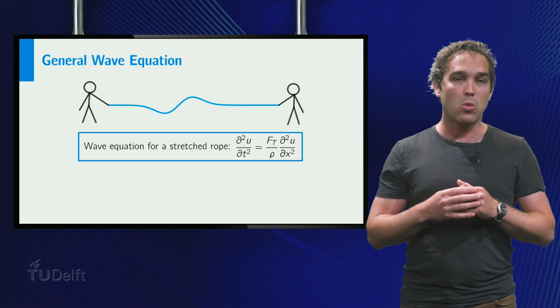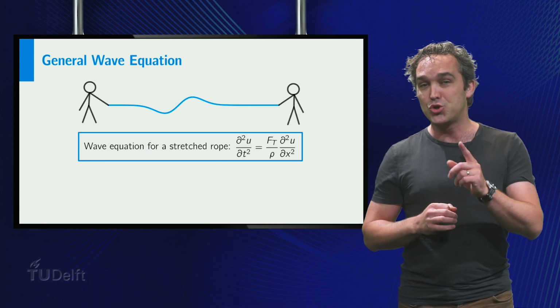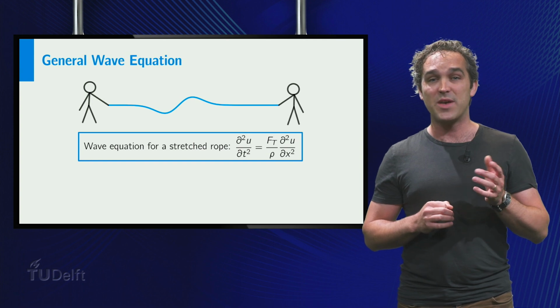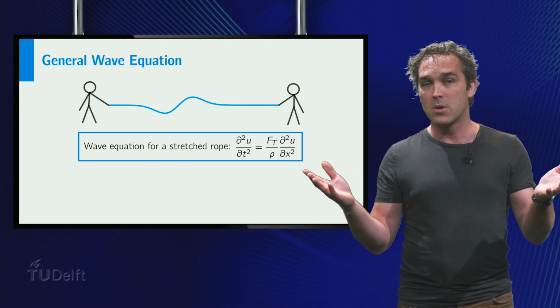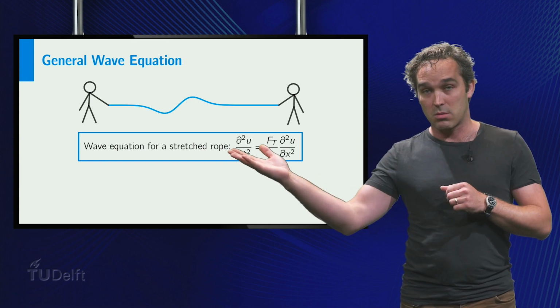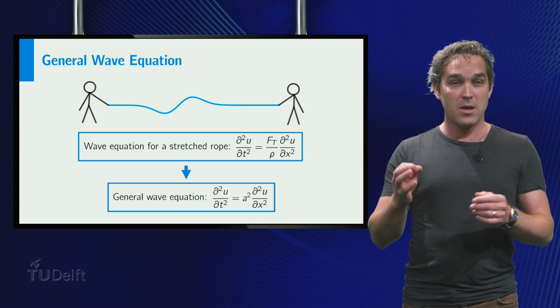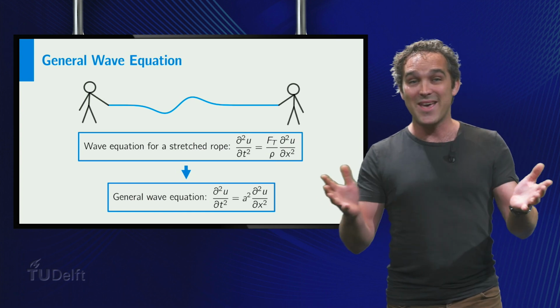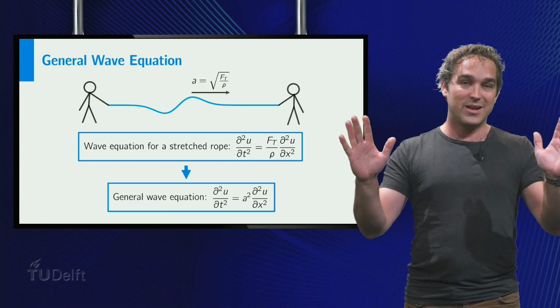That's it for now. Well, almost. Remember that the wave equation should describe many different sorts of waves, like water waves, acoustic waves, seismic waves, etc. Well, the general version of the equation is this one, and it happens to describe all of them. Also, it turns out that the constant a is the propagation speed of the wave, but let's stop here, okay?